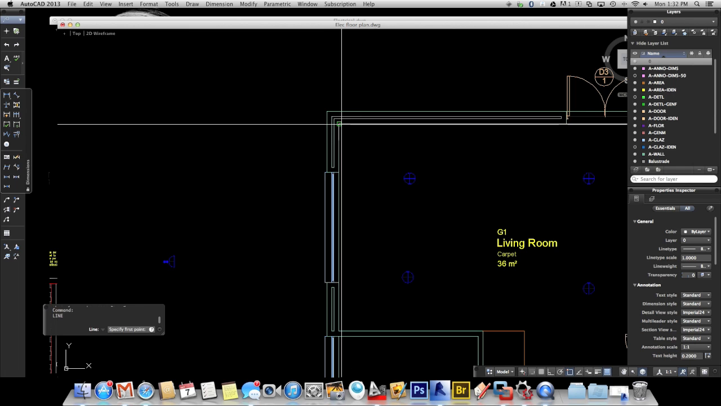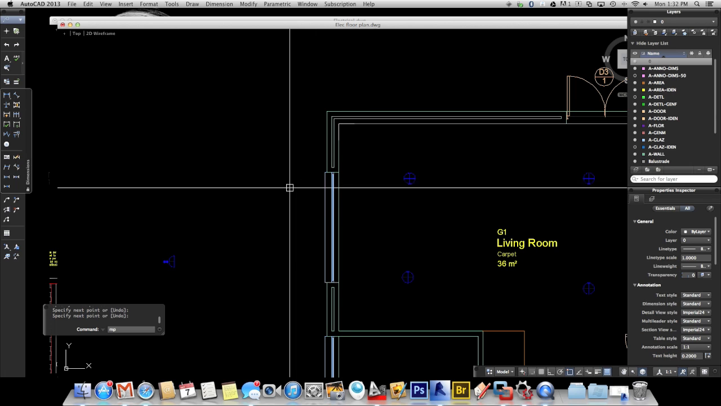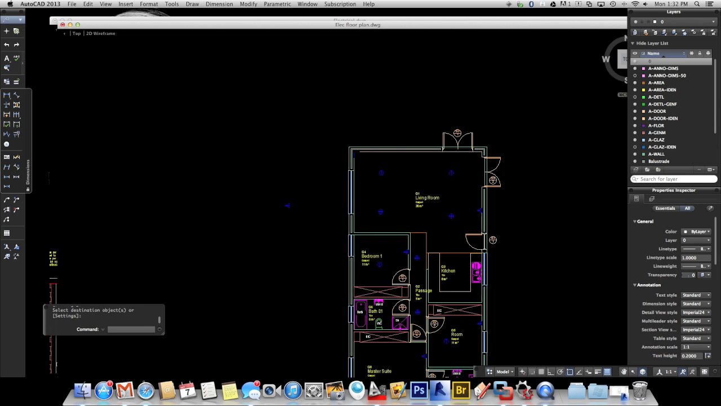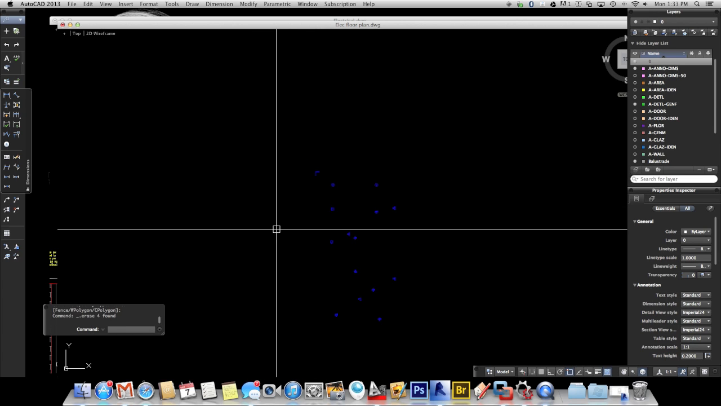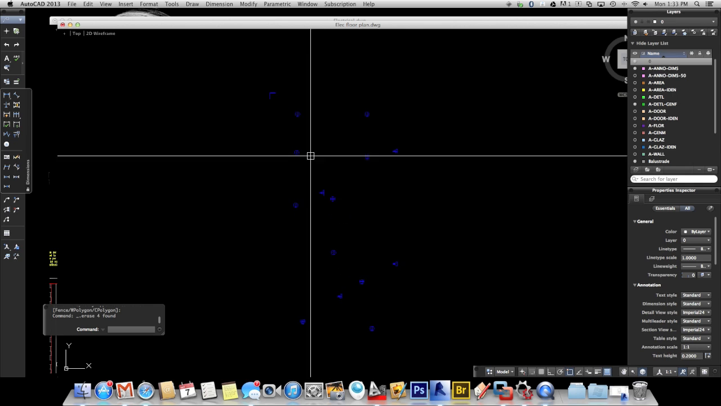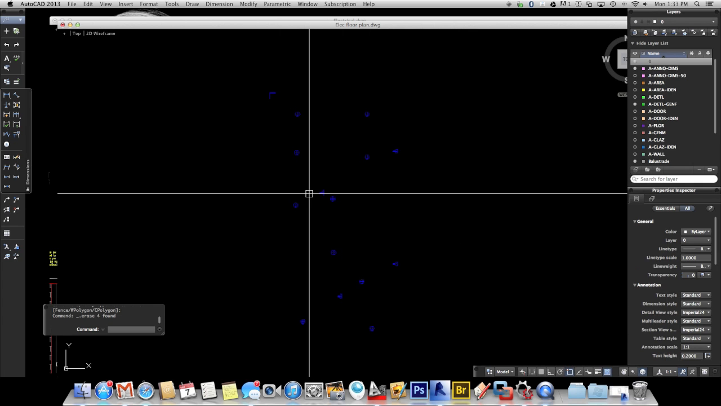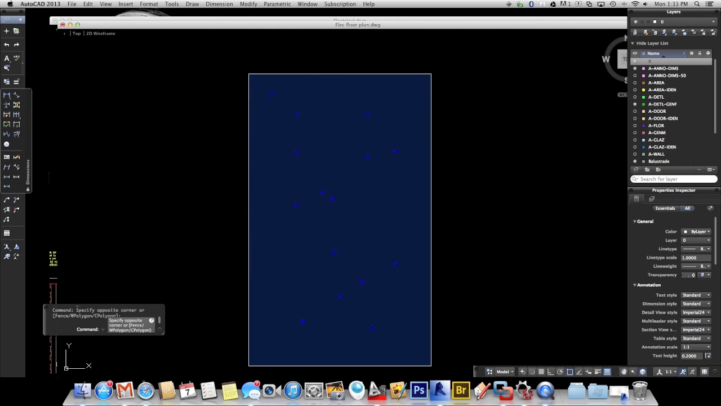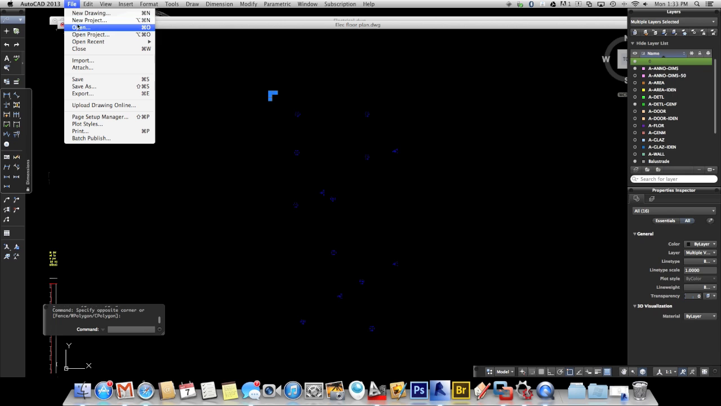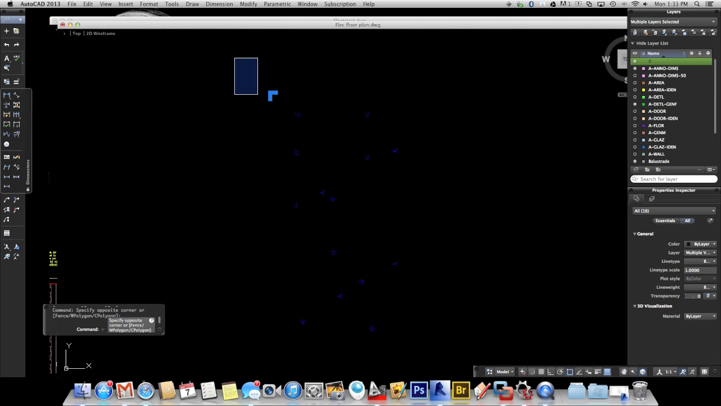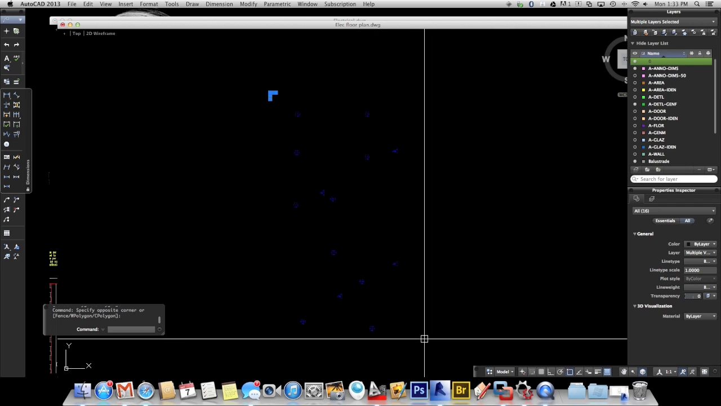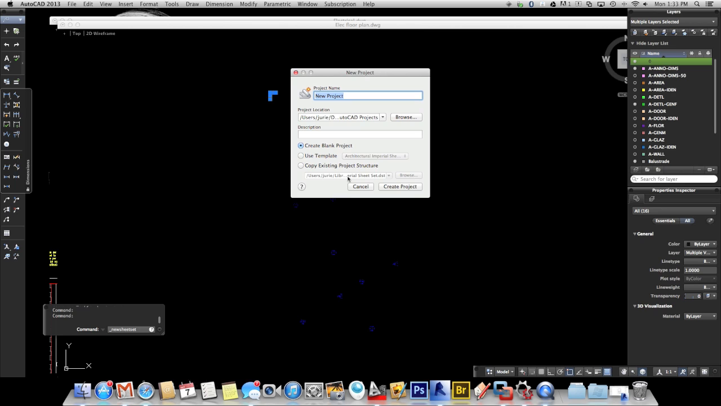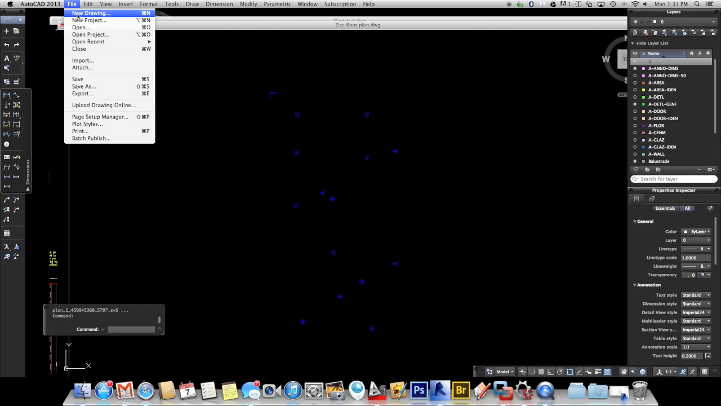Give yourself a reference corner and just make sure that it's in the same layer as your electrical, and isolate your layer that you would call electrical, whatever that would be, with your base point. I would copy that, let's just say copy to clipboard, open a new drawing, project, open a new drawing,